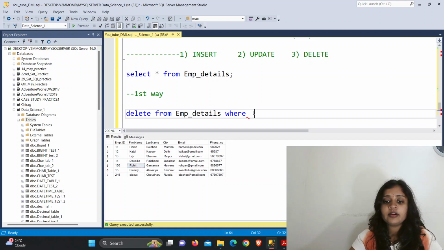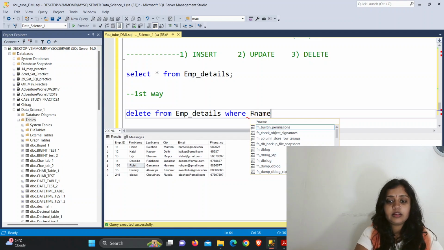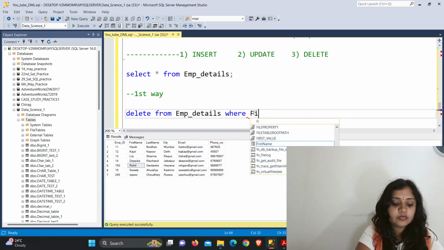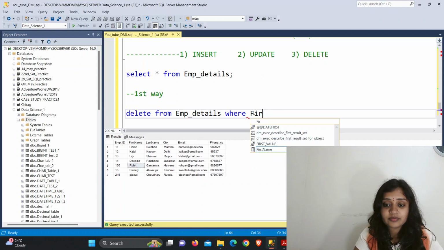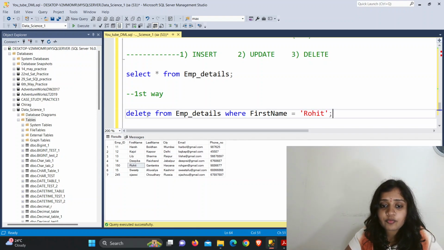So where f name equals to what? No, it is not f name, it is first name. Apologies for this. First name equals to Rohit, semicolon. So I want to delete the record from the table whose first name is Rohit.